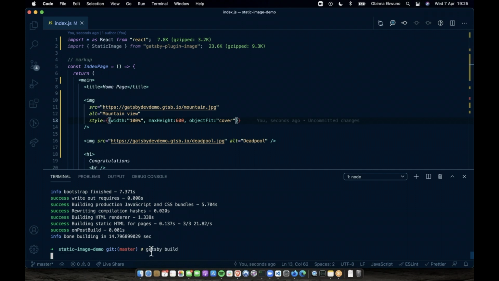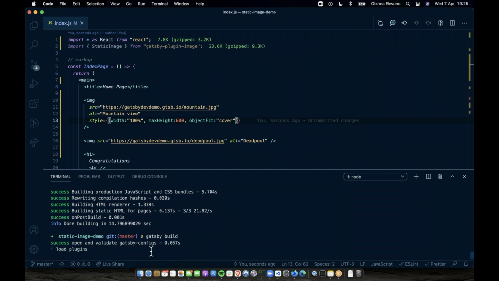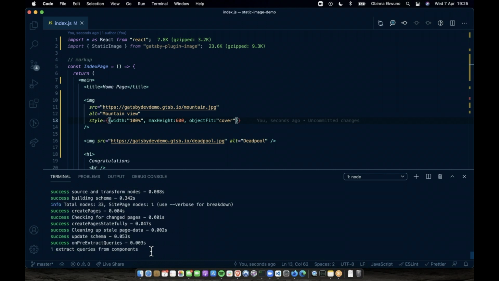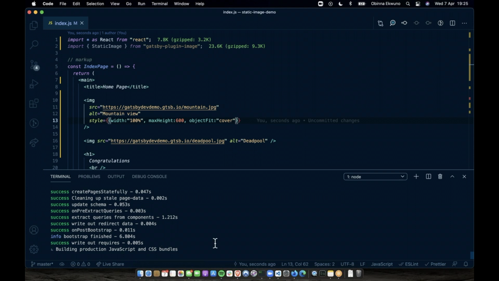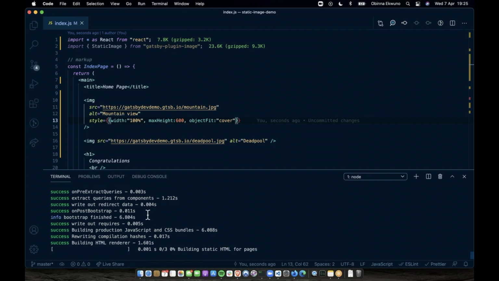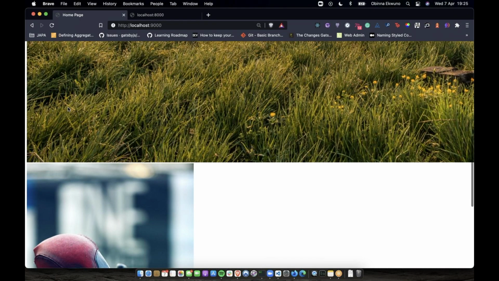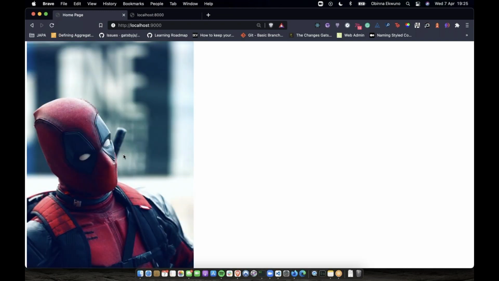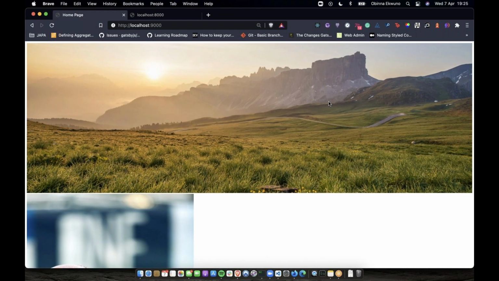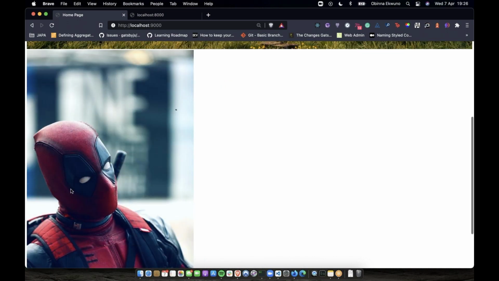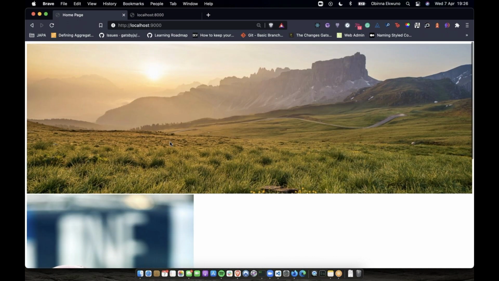So usually you would just develop this locally, like run a Gatsby develop and have that work. But because we want to be able to, like I said, run some performance tests on it, but I just want to make it look better now so that we can see what's going on. And this is, yes, really very fast, which is nice. So when we refresh this, you can see that the image now looks like your typical hero image, and this one is just there.